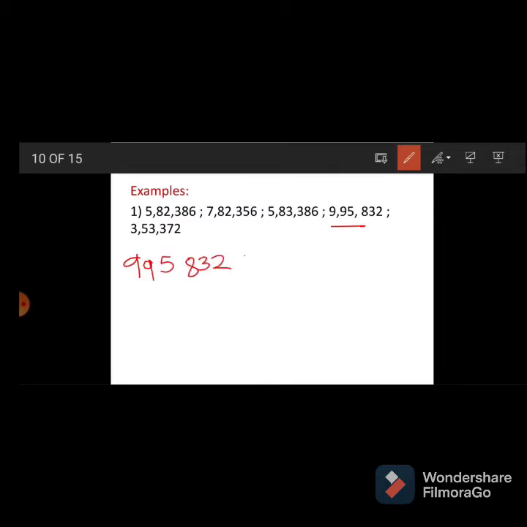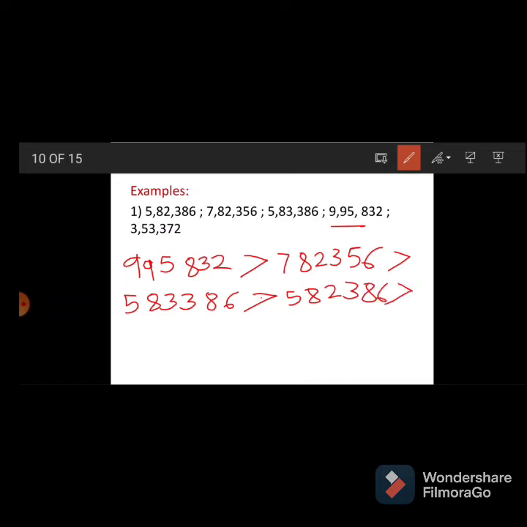9,95,832 is greater than 7,82,356 is greater than 5,83,386 and is greater than 5,82,386, and this is greater than 3,53,372. And again, most important thing, students had mistakes where I observed that student had mistakes here, where semicolon symbol